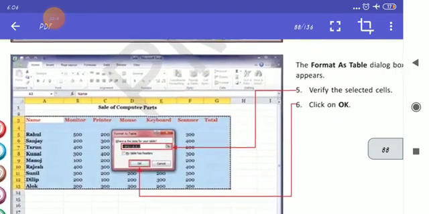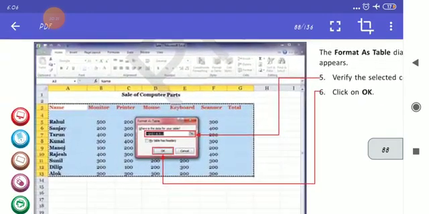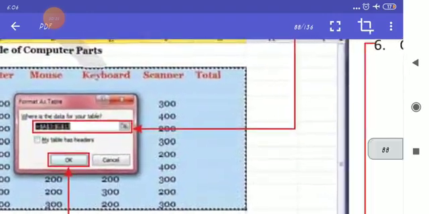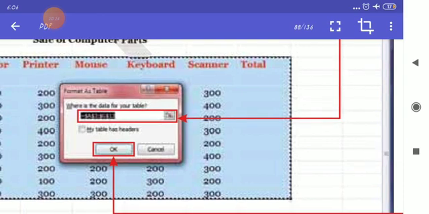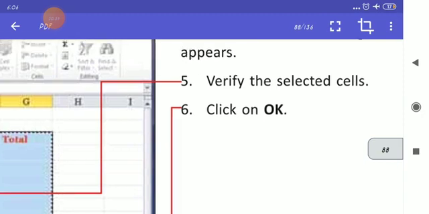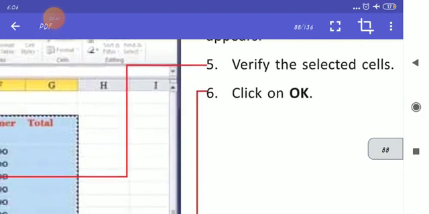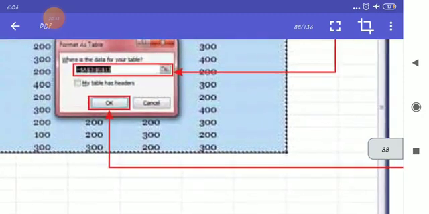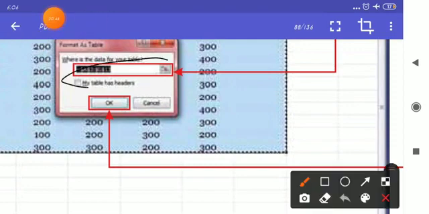The Format as Table dialog box appears, showing where the data for your table is, with the cell range given. Verify the selected cells and click OK. So the cell numbers are given, and you verify that these cells have been selected and press OK.